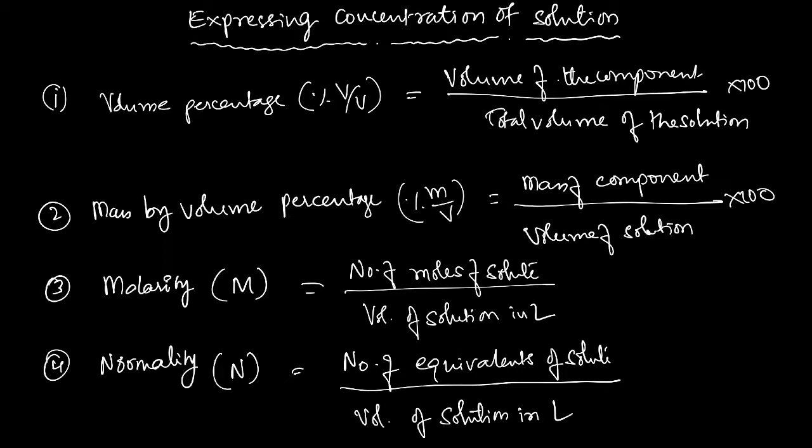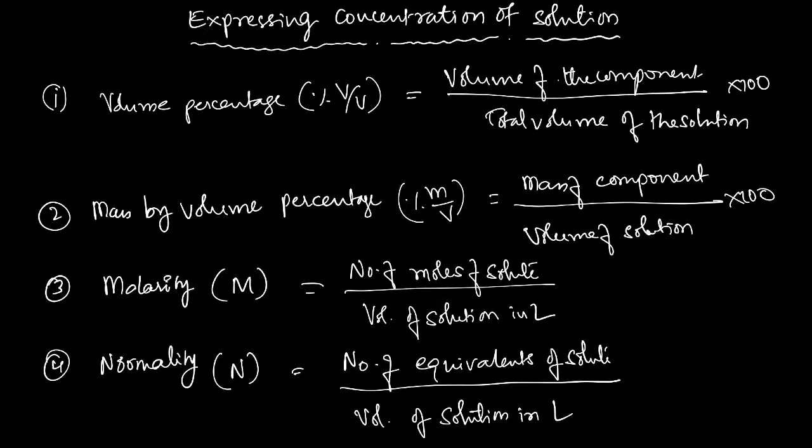If you see here, each of them has volume in the denominator. This volume can change with temperature. As a consequence, if the quantity we measure involves temperature change, then the measurement becomes inaccurate. So these quantities do not express the actual concentration accurately if there is a temperature change. However, we use them extensively, especially in acid base titrations.